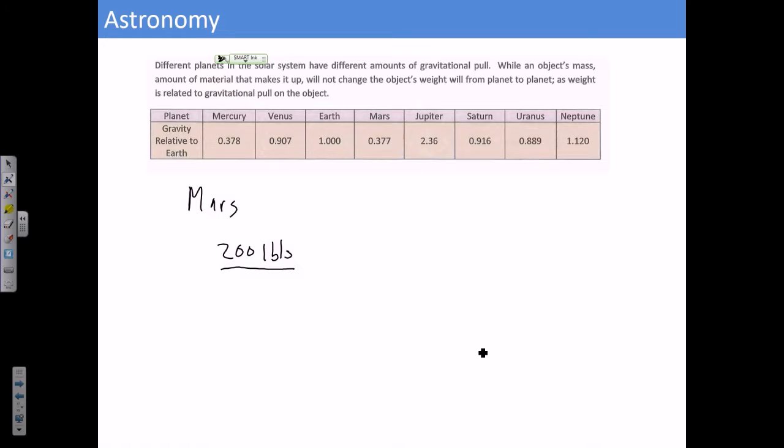So if we weigh 200 pounds on Earth, we're going to normalize Earth's gravity to a value of 1.0. 200 times 0.377 is equal to 75 pounds. So you weigh 75 pounds